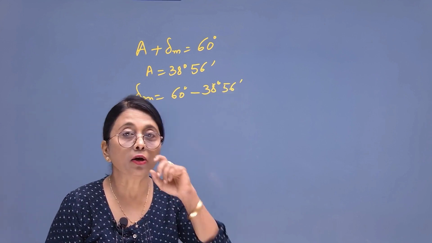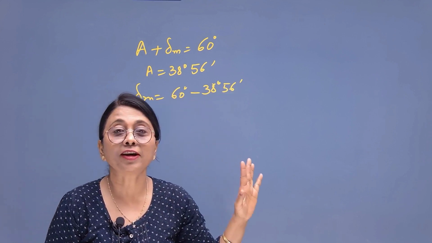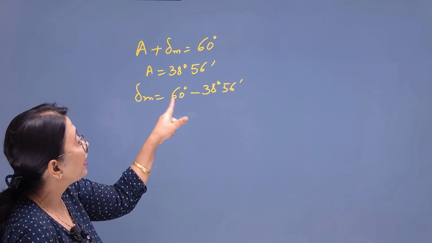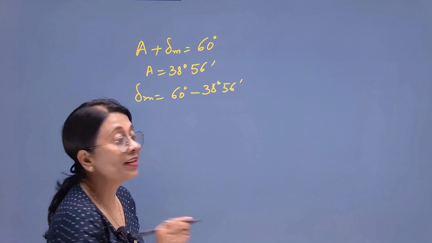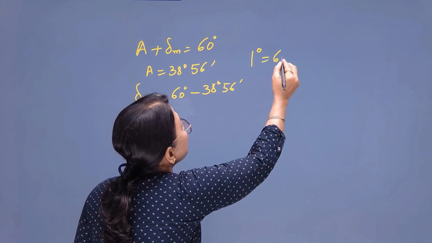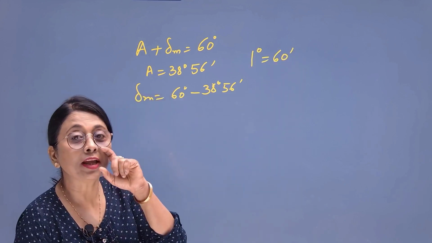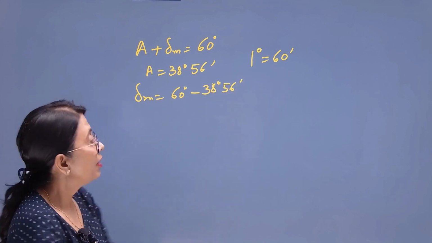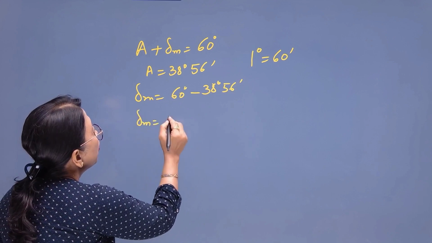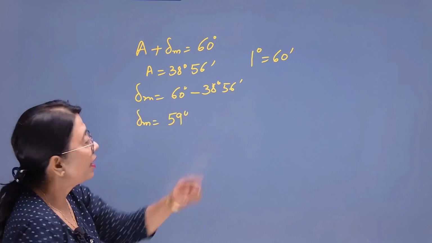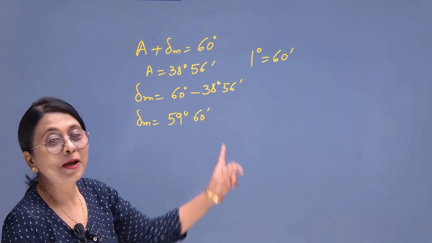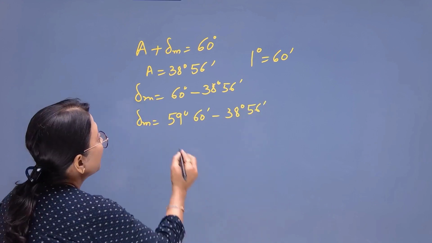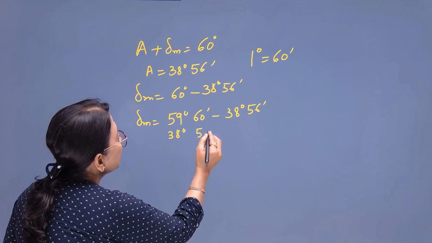अब बच्चों यहाँ पे गलती नहीं करो, क्योंकि आप डिग्री से डिग्री को माइनस कर सकते हो, मिनट को मिनट से माइनस कर सकते हो। तो करना क्या चाहिए, आप एक काम करो, इसमें से 1 डिग्री निकाल दो, बिकॉज आपने क्लास 11 में एक चीज पढ़ी थी कि 1 डिग्री में कितने मिनट्स होते हैं, 60 मिनट, 1 डिग्री में 60 मिनट होते हैं। तो करते क्या है, इसमें से 1 डिग्री निकाल देते हैं और 1 डिग्री की जगह क्या लिख देंगे, 60 मिनट। तो अगर आप इसमें से 1 डिग्री निकालोगे तो उसकी कम आउट है 59 डिग्री और मिनट कितना, 60 मिनट। किससे माइनस करना है आपको, 38 डिग्री एंड 56 मिनट। आप इसको माइनस कर दीजिए, माइनस कर लेते हैं यहीं पे, 38 डिग्री एंड 56 मिनट,